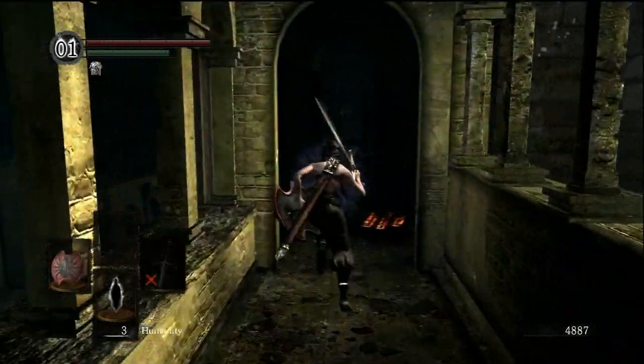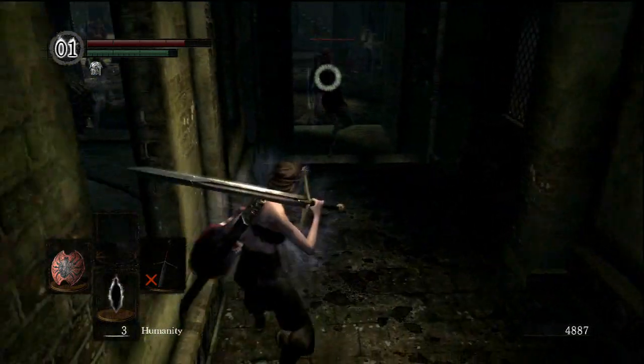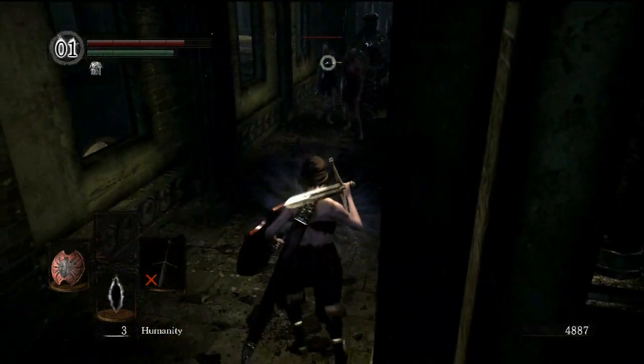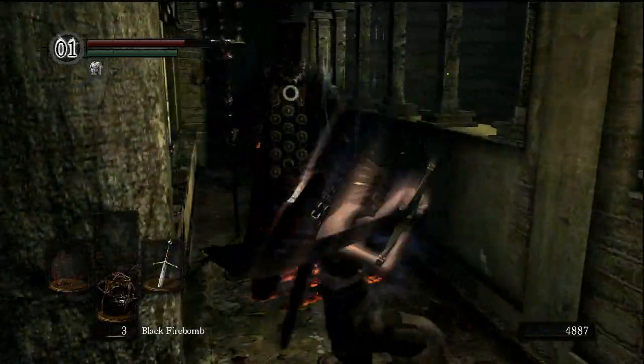Now this room is by far one of the worst rooms in the game. You can totally skip it if you want. That is an option. Oh, what am I doing? God, see, that's one problem with not having the stats required. Oh, okay, good. He chased me down, so we can at least kill...